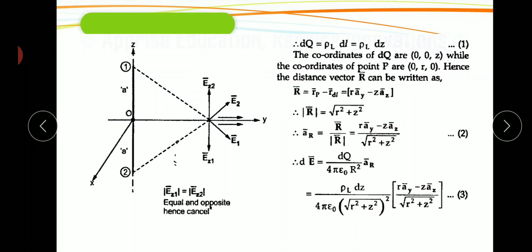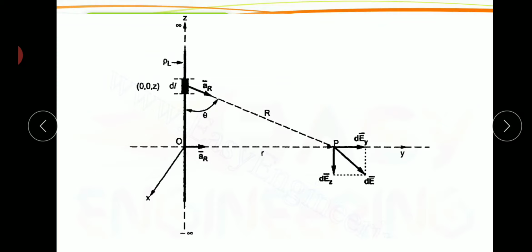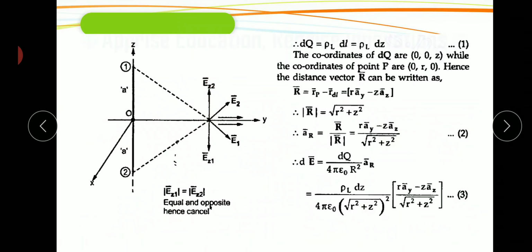So substitute the a bar value, that is r a_y bar minus z a_z bar, over square root of (r square plus z square). Here, whenever we have to find the value of electric field intensity at the point P, the electric field intensity is split into two components, that is dE_y bar and dE_z bar. Again this dE_z bar is split into positive z axis and negative z axis,